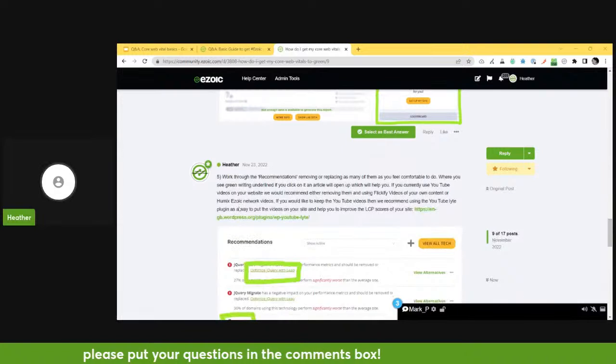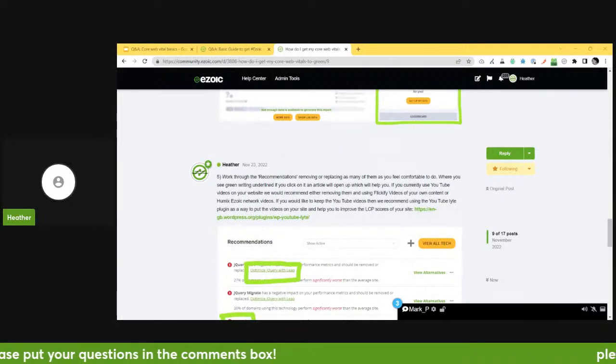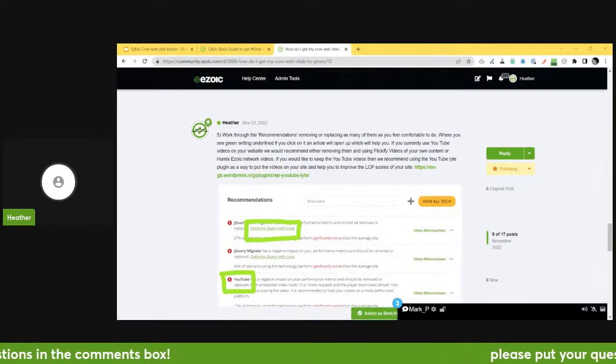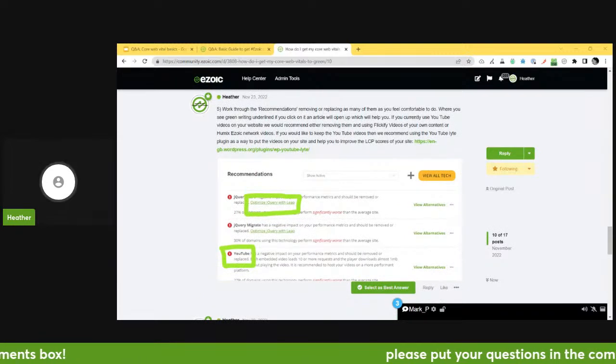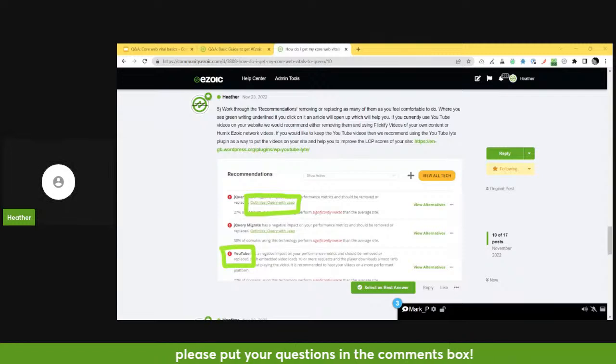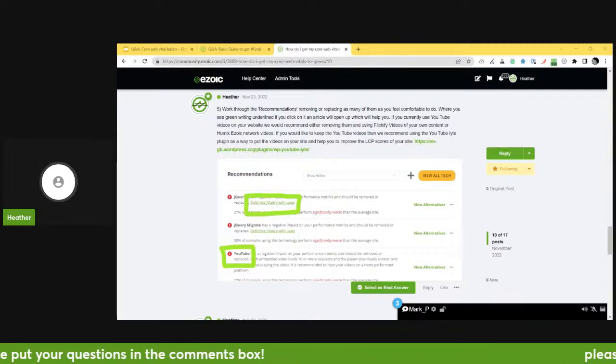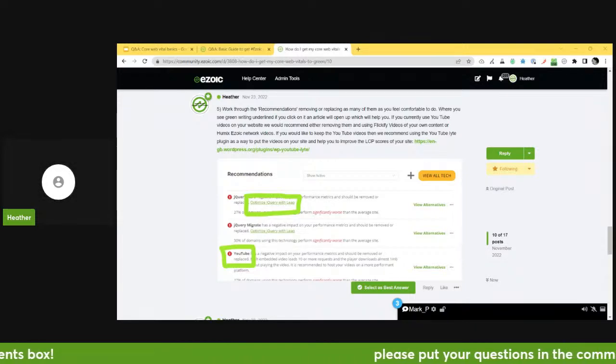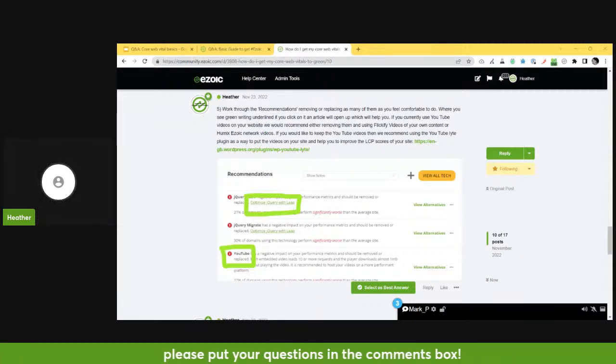And then after that, it's about working through and removing those recommendations that are showing there. So we're not saying that you need to remove everything on the recommendations, because we totally understand that some of these recommendations are going to be an integral part of your website, and you're not going to want to change them, which is totally understandable. What we're saying with these recommendations is to remove as many as you can or replace as many as you